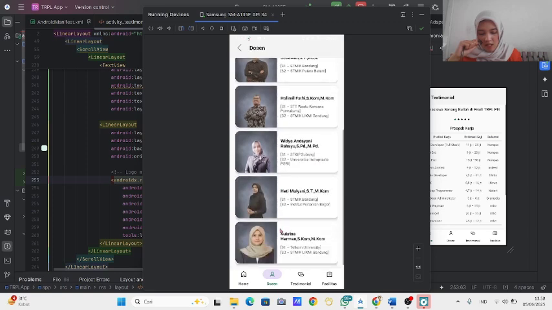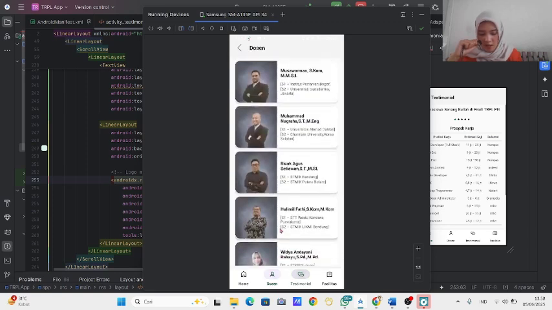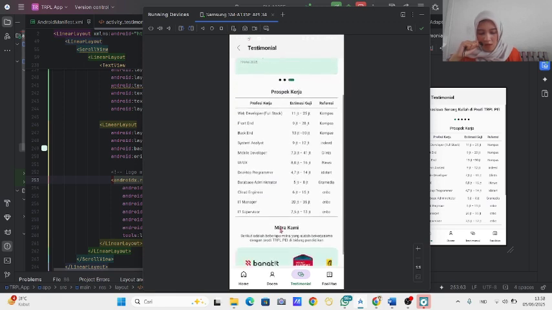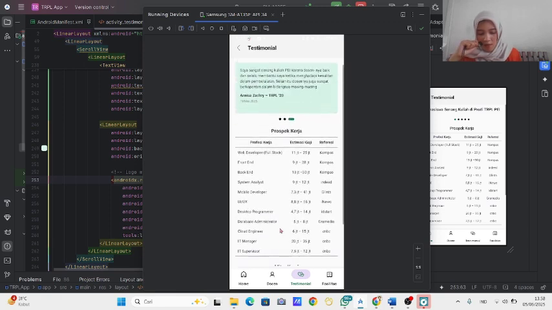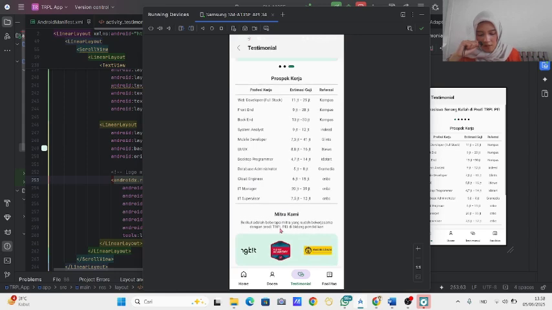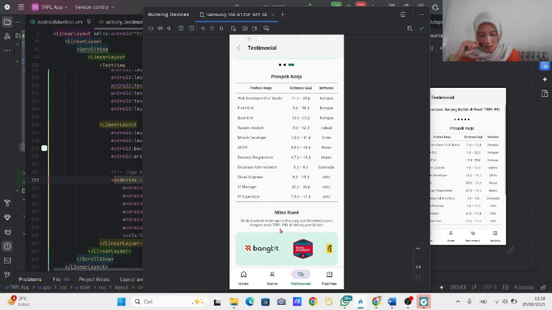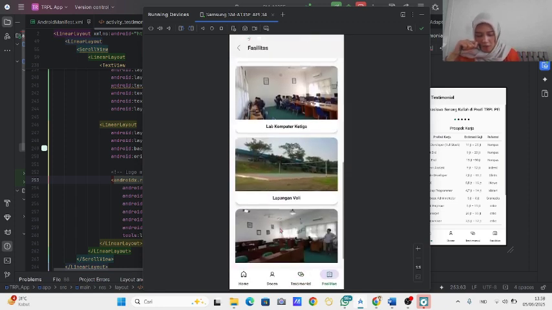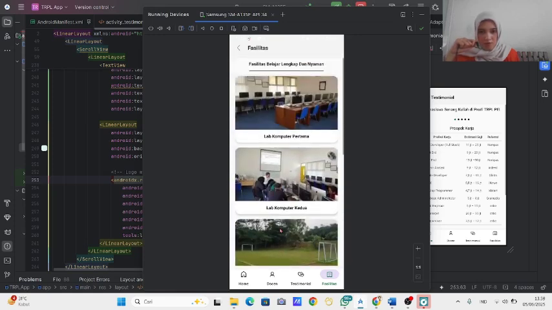And lecture information and testimonials for students, and the profession, and the facilities of the campus. Okay, that's all.